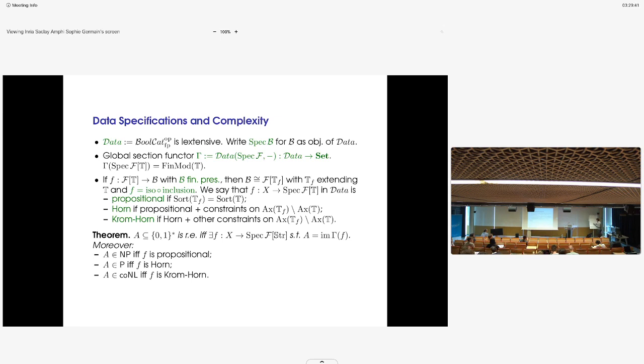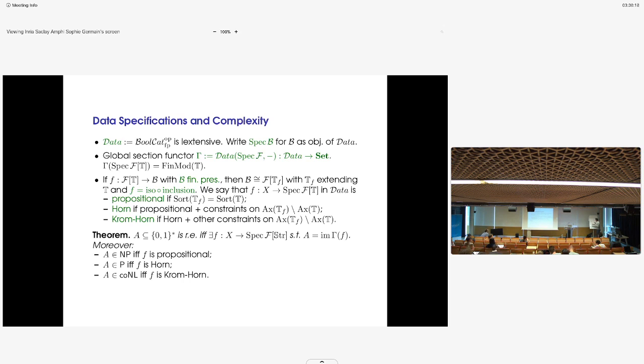So you have your thing here, spec of f of the string. What you do is that you have a Turing machine M, and you define an extension of this theory here. Let's call it Tm of M. It's a Boolean theory that is an extension of string. The models of this theory are exactly, spec of f, something like this, is exactly a pair